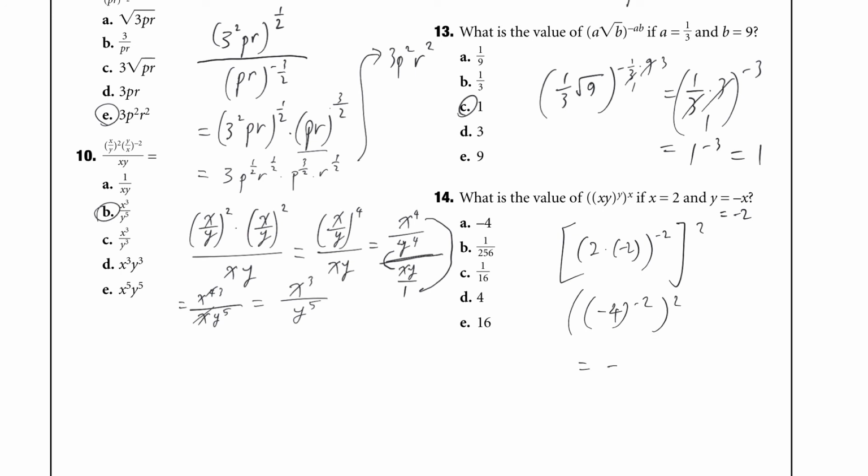So that's like saying -4 to the power of -4. If you have a negative, then you can flip. So it's going to be 1 over -4 all to the power of 4, right? And this is like 1 to the power of 4 and negative 4 to the power of 4. 1 to the power of 4 is 1. And negative 4 to the power of 4 is 16 times 16, so 256. So the answer is